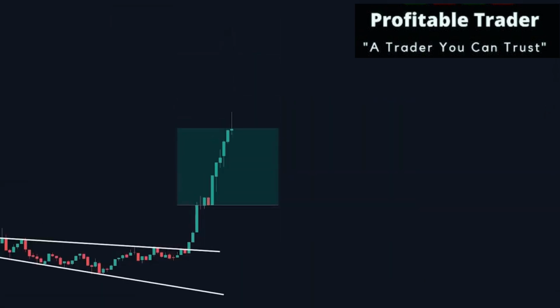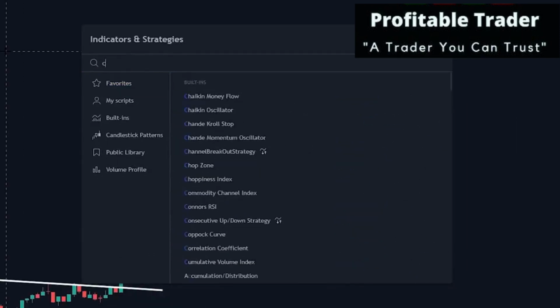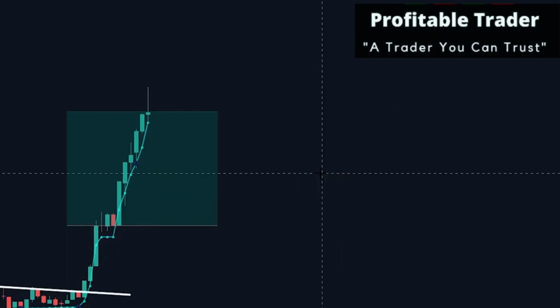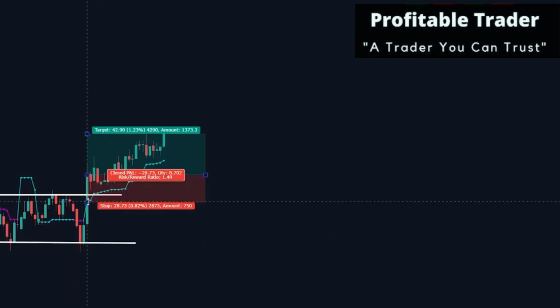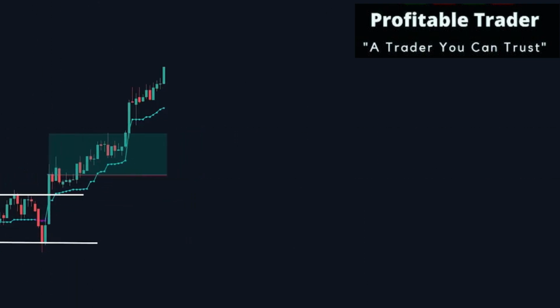That indicator is the chandelier indicator. To add this indicator, just go to TradingView, go to the Indicators tab, and type in chandelier stop. Then go to the indicator settings and change the ATR multiplier to 2. This indicator will give us our exit strategy. It's very simple. We sold half of our shares at the 1.5 profit mark. We let the other half run. We set our new stop loss at our old take profit mark, and we will exit the trade once the